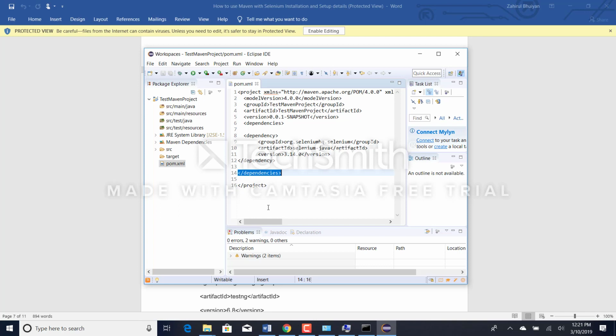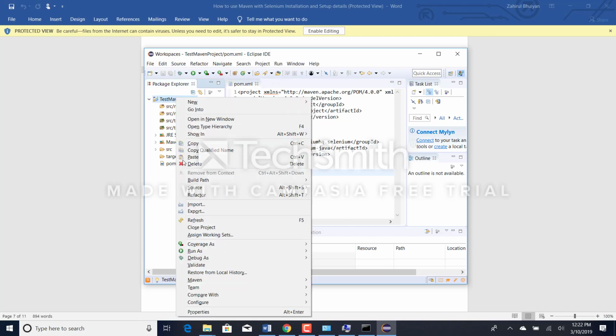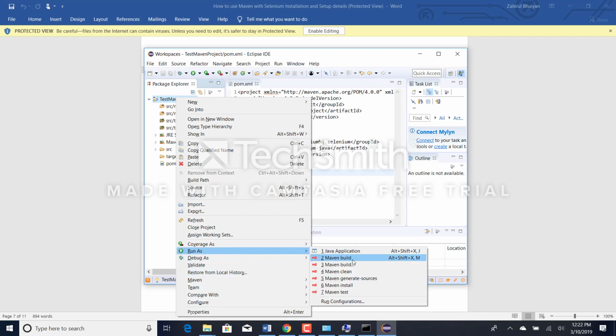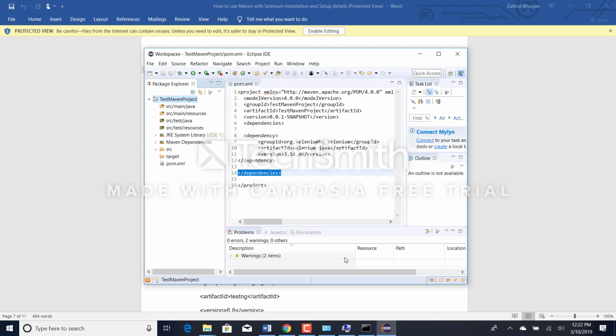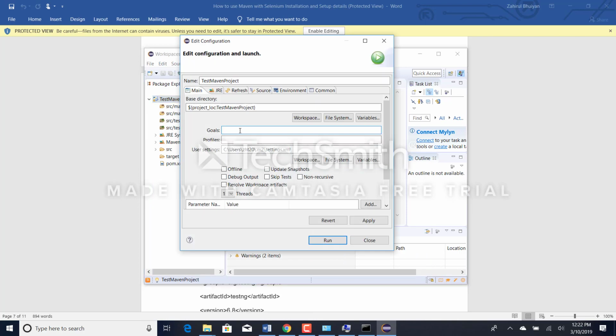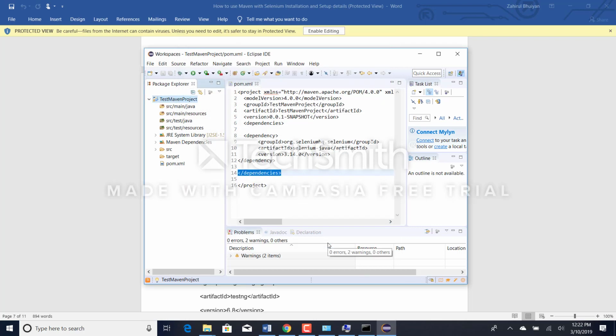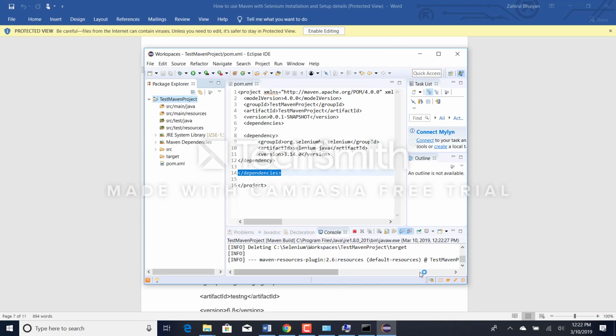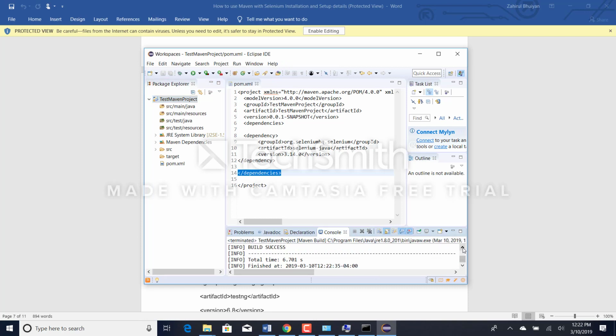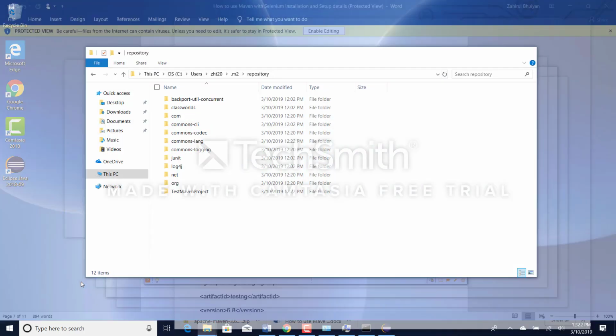Now what you do, if you click on your project, right click, I'll give you a chance to do it, and then if you say run as, and then can you see Maven build, you click on it, and then here in goals, you say clean install, and then you run it. Okay, then you will see that at the end, it will say build successful. Can you see a lot of things are going on, and you will see a message here, build success, right? And then if you now go to that repository folder, right, now